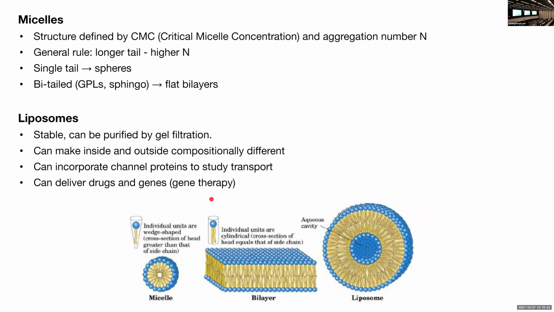And we also talked about micelles, lipid bilayers, as well as liposomes, and how they can be formed, right? And what kinds of lipids are involved in forming those structures. For example, micelles should have a single tail to make this spherical structure, as opposed to lipid bilayers, which tend to have two tails. So it's a structural thing where it stabilizes either a spherical shape or a flat shape. And liposomes basically contain little vesicles, so they can carry soluble proteins or other